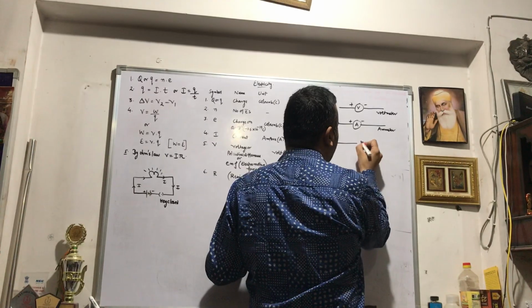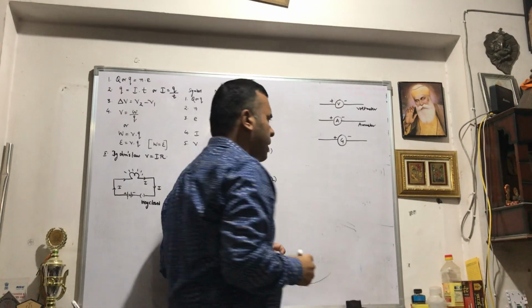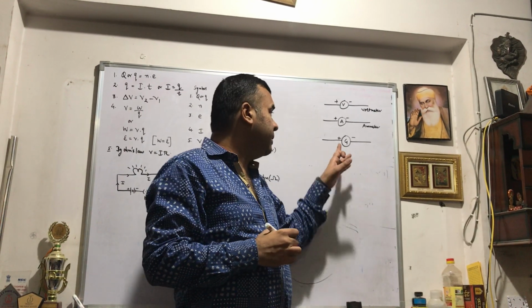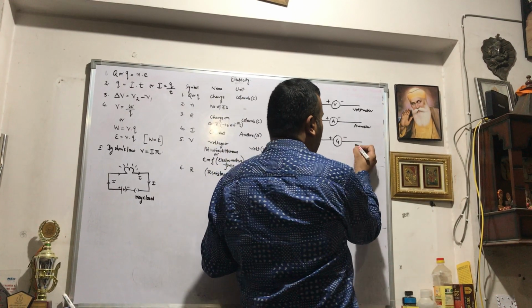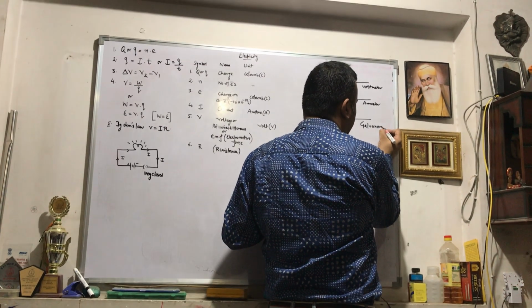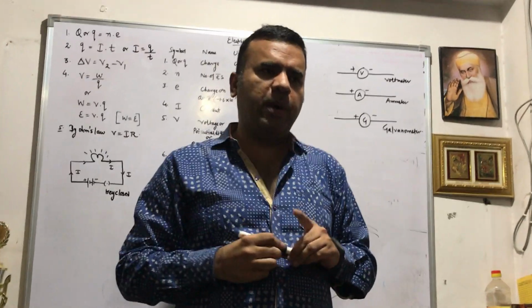Third we have is the galvanometer. If you don't have a voltmeter or ammeter in your lab while doing Ohm's law, then you can take the help of this galvanometer. It is useful for finding low voltage and low electric current. So these are the three devices which you have to keep in your mind.